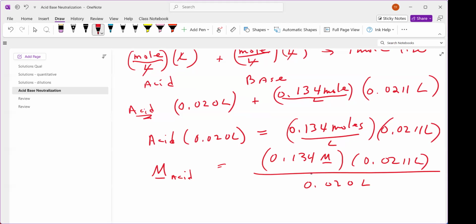All I did was divide both sides by the acid volume. And that is